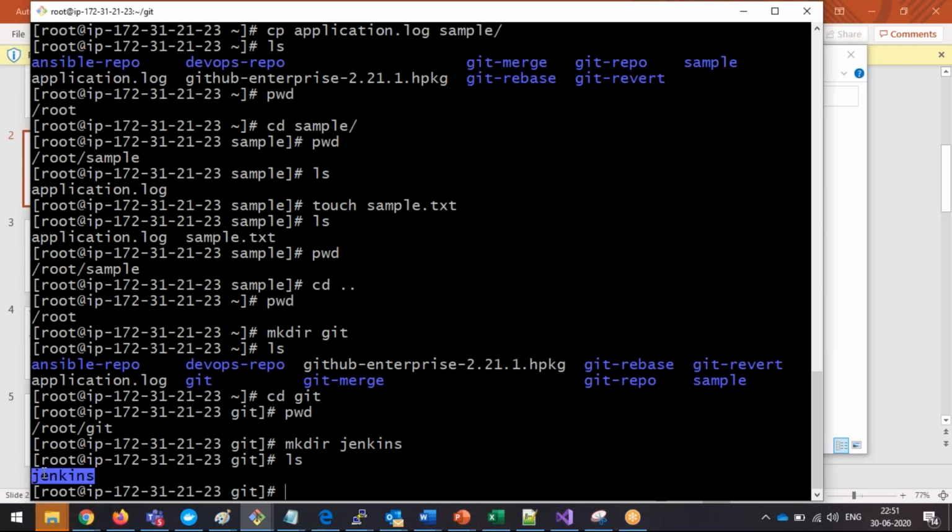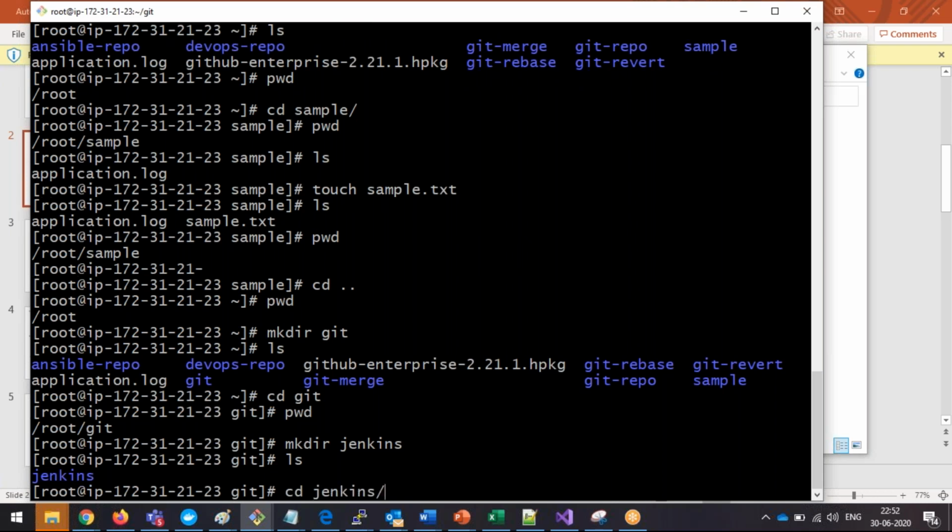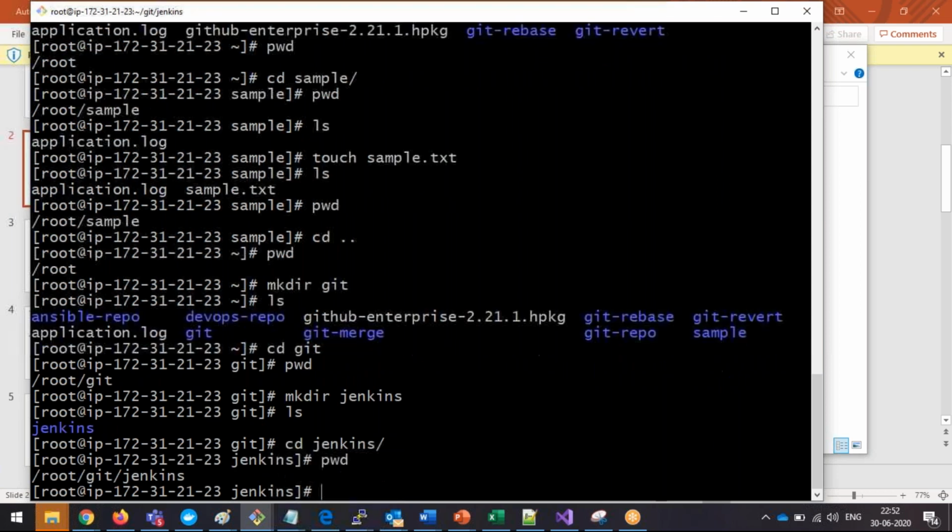Inside the jenkins I want to have nexus, right? So now what I need to do, from the git I want to switch to jenkins. Now to switch, cd jenkins, enter. Now pwd. Now root, inside the root git, inside the git jenkins. So now the next command is I want to have one more child directory called nexus. So now create the directory mkdir nexus,